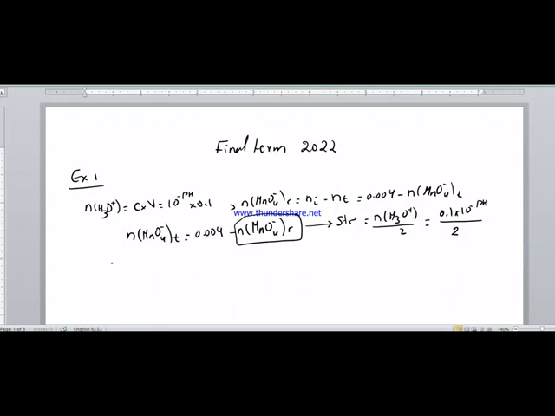If we replace it in the relation, the number of mole of permanganate ion at any time T equals 0.004 minus